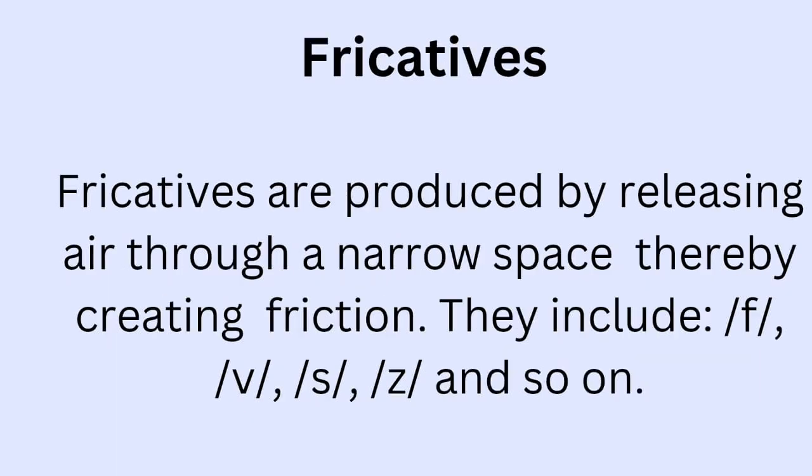Next, we have the fricatives. Fricatives are made by forcing air. The air coming from your lungs is forced through a narrow space, creating friction. When fricatives are produced, the air coming from the lungs is made to come out through a narrow space. Thereby, friction is created. Examples are